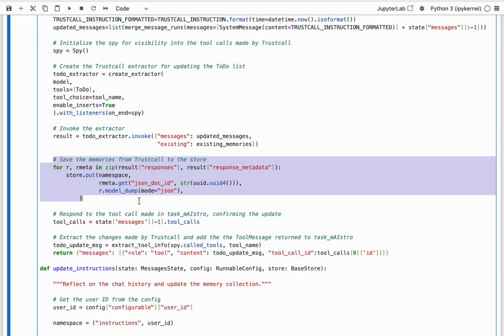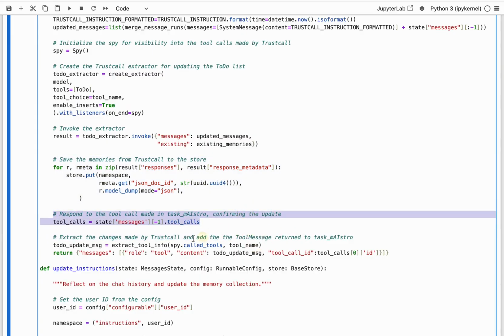Here's where the trick comes in. Take that initial tool call that was made, and remember that function we defined, extract tool info? Call that with spy, call tools. This is going to basically dump all the information about what TrustCall did in terms of its patching and updating of memories or to-dos, or creation of new to-dos, into a nice tool update message that we pass back to